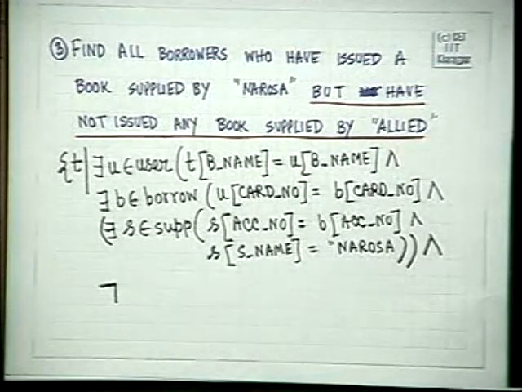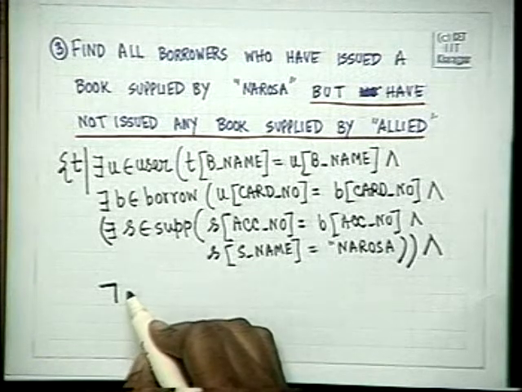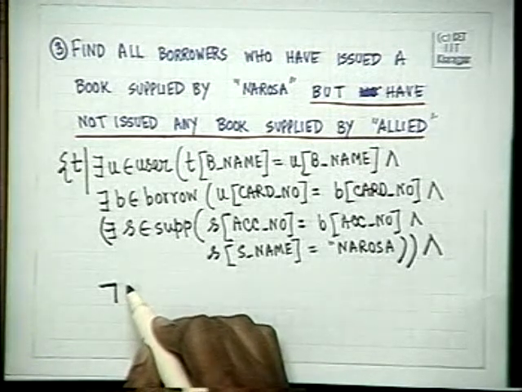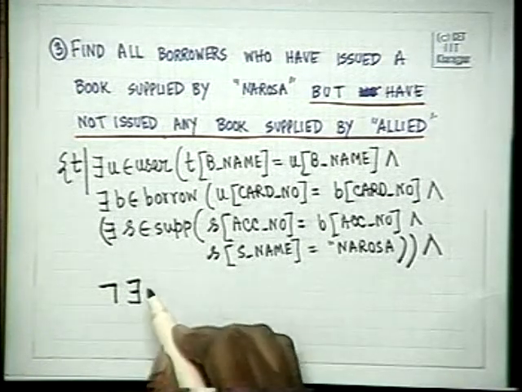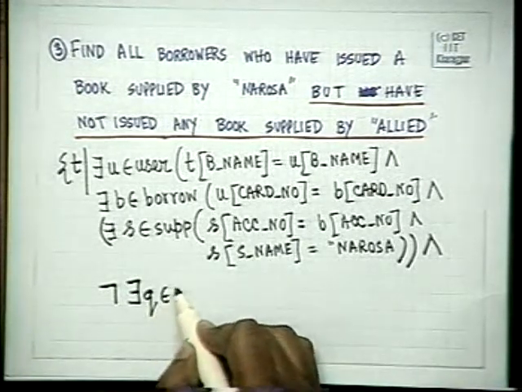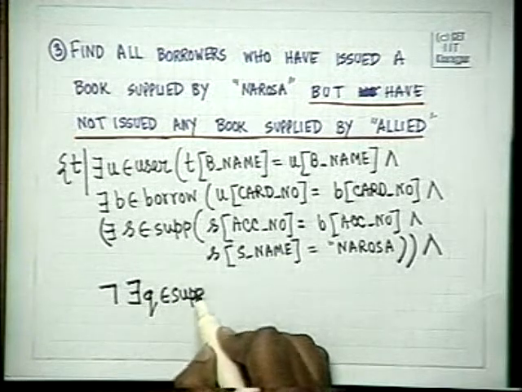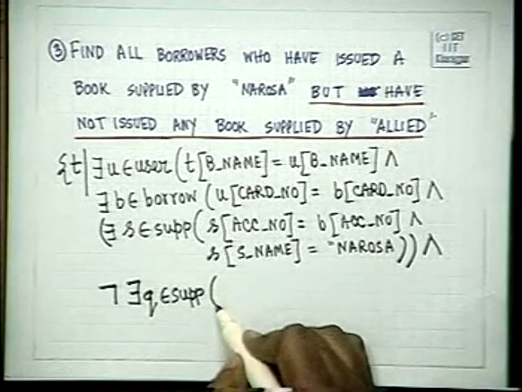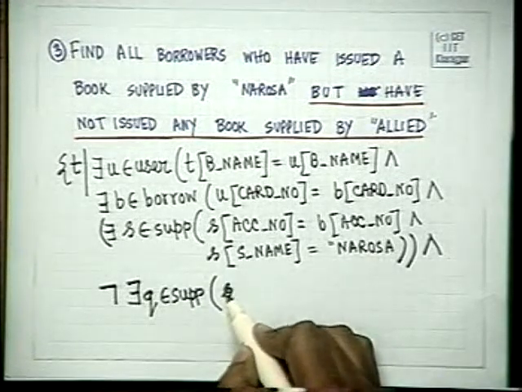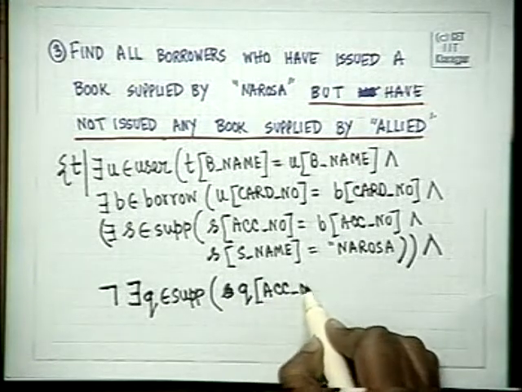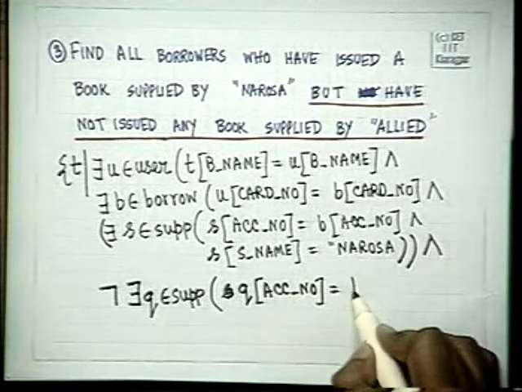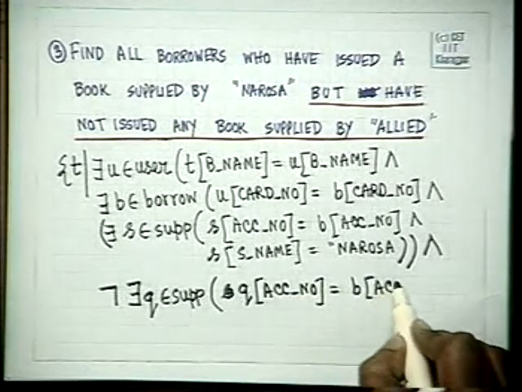For this book, there must not exist, there does not exist any Q element of SUPP such that Q accession number is the same as B accession number